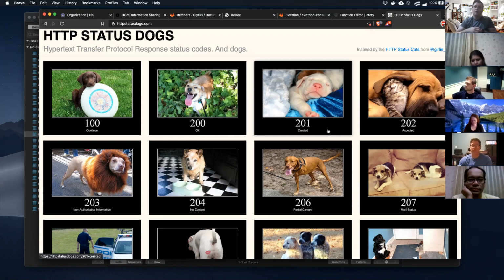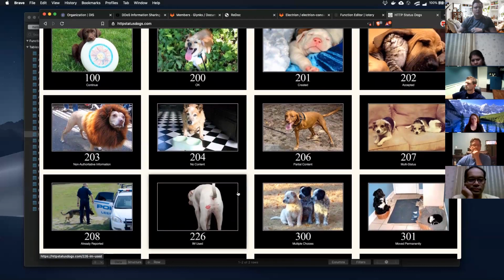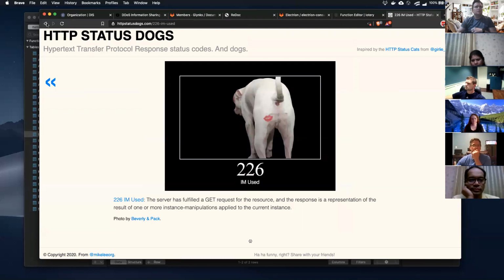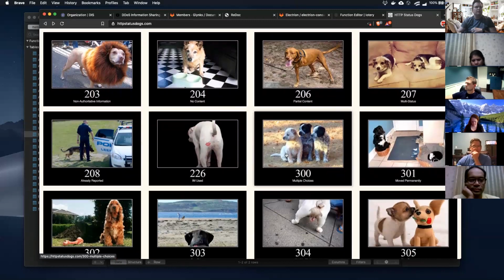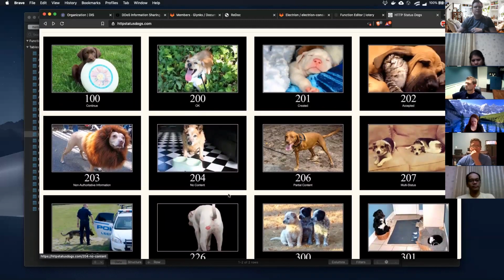And then, let's see, there's one that's updated. I think it was like 203, I thought, but maybe not. 204 is no content. It's very rare that you'll see anything beyond 200 and 201. Those are pretty standard. If you get someone who's following HTTP really, really closely, you'll see a few others in the 200s. Honestly, from my perspective, we typically stick with 200s.